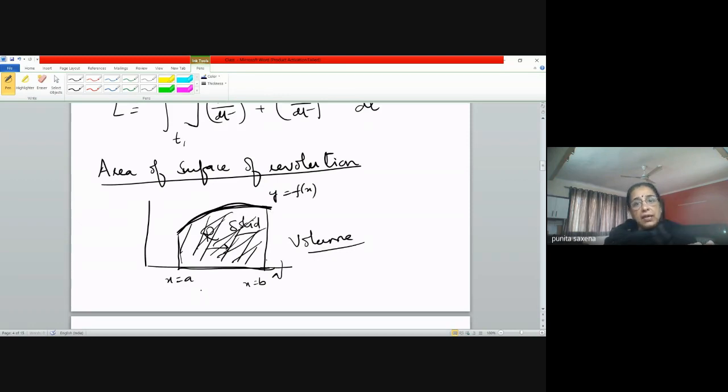So now, what are you doing? You are generating a solid because surface of revolution तो दे ही रहे हो तुम about x-axis. So you are generating a three-dimensional solid now. But now you are not interested in what is inside the solid. What you are interested in is how the outer surface is behaving. Okay, and for the outer surface, what can we do? We can find the area of the surface.